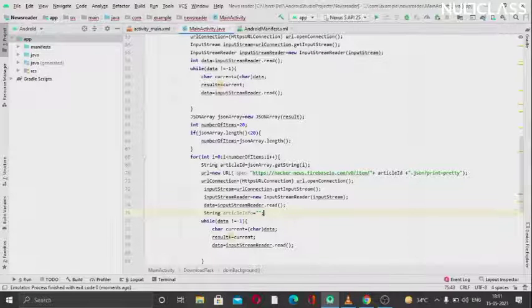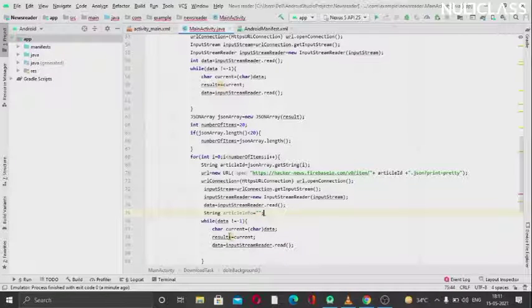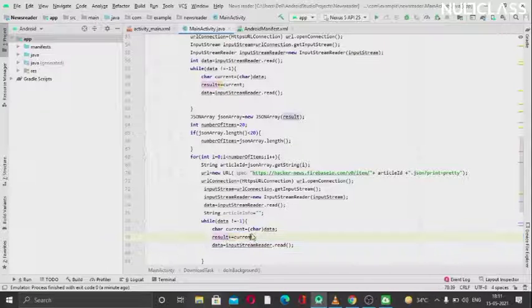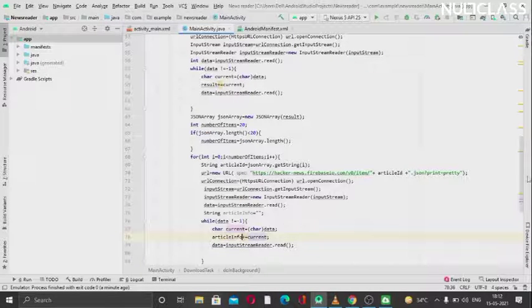Okay, we have used that result only here, so just change that. So we will just write article information here. So now it is done.